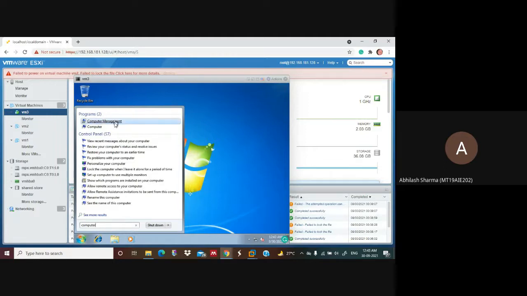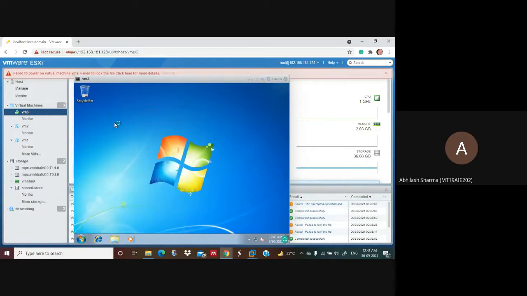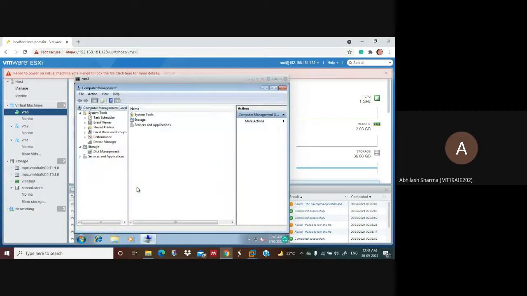In order to mount that disk, we go to computer management, then storage. We'll see the device, and it will prompt us to load it, to mount it. Because I've already loaded it, it will not be seen now.